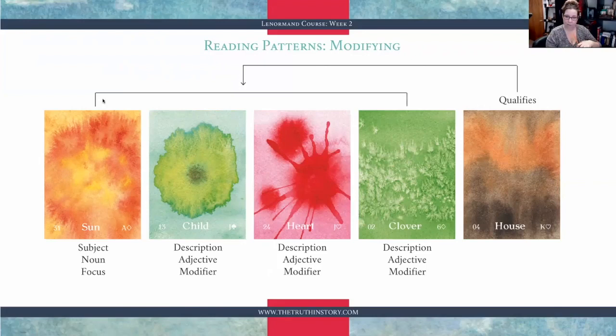Lori, so is that why you read from left to right when you add more cards, as opposed to other readers who may read